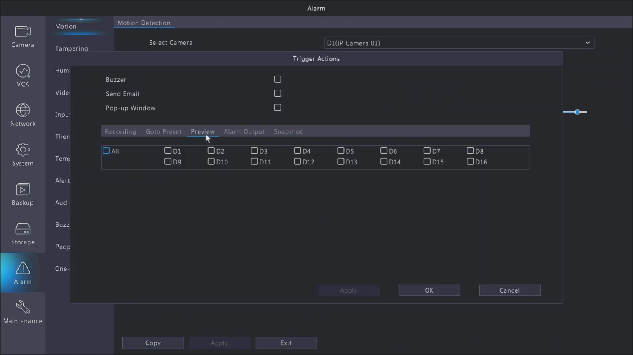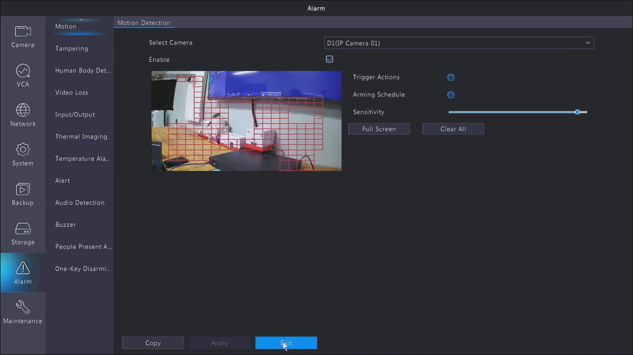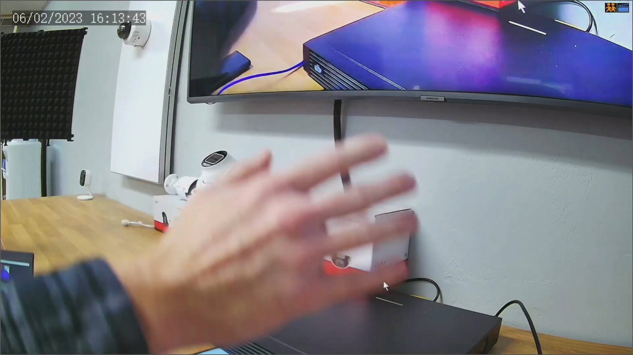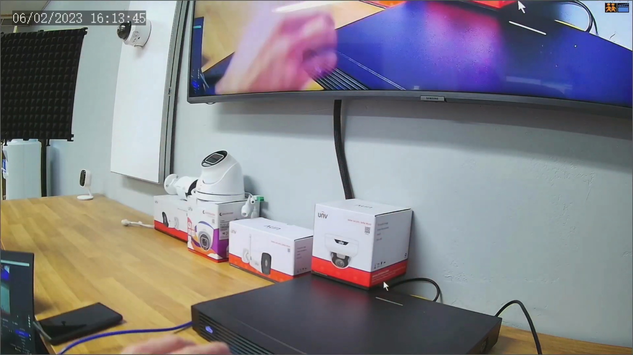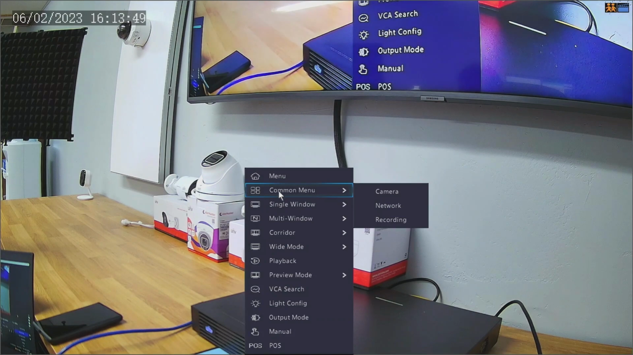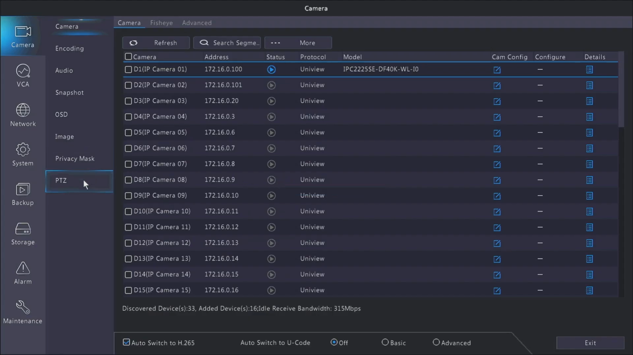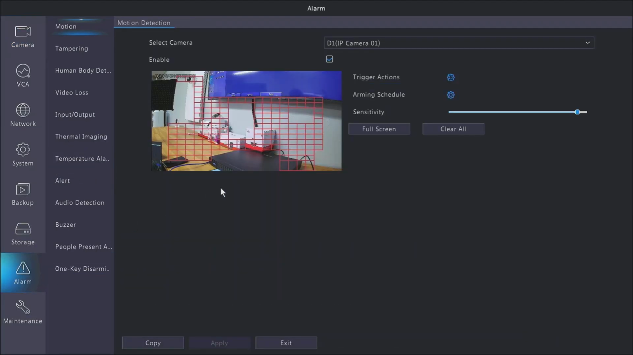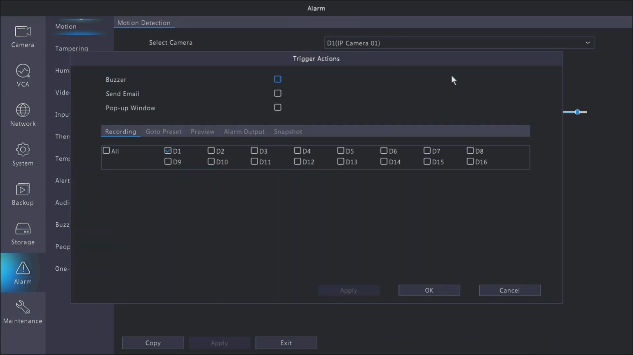Let's go to preview, and we're going to enable D1 for preview. After this has been checked, hit apply, and then OK, and then we're going to exit back out. Now while in four screen, if I wave my hand in front of the camera, you can see that the display now goes to a single screen showing which camera has detected motion. Now if we go back into alarm and back to trigger actions,